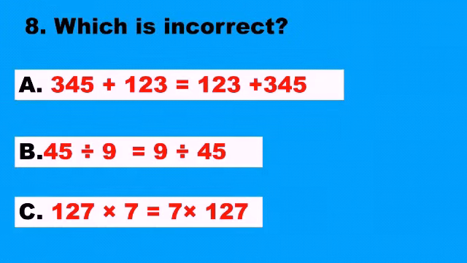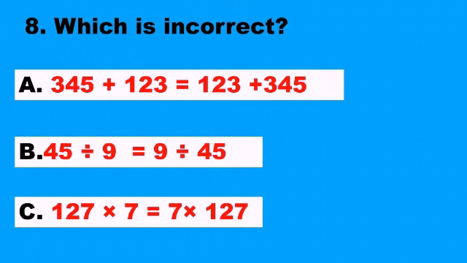Next question. Which is incorrect? Read the question very carefully. If I ask which is correct, and you read the first option and it is correct, then you give the answer, and at the end you will find it is not the right answer, because here the question is different. The question is which is incorrect, which means which is not correct.